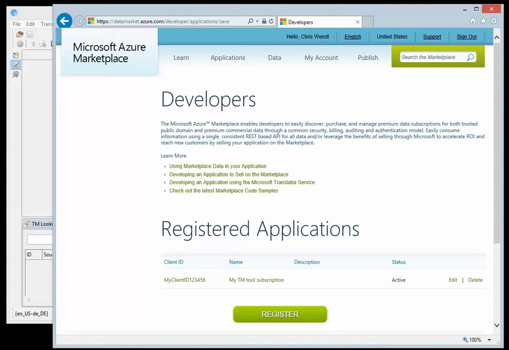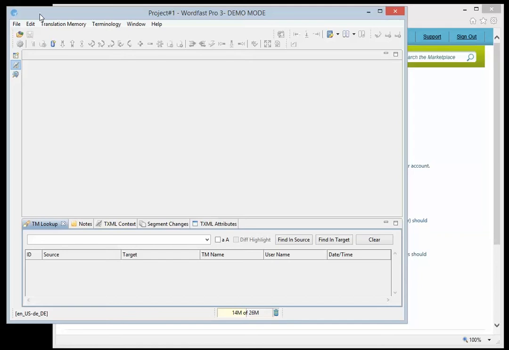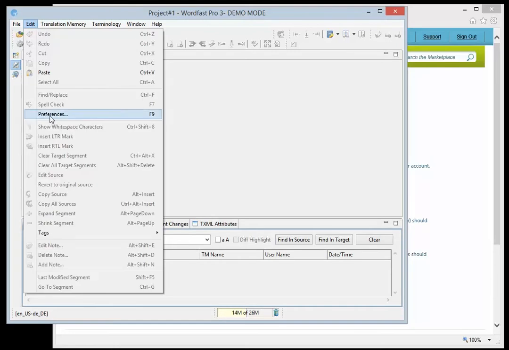You are now ready to copy your client ID and client secret into your TM tool. To do this, just click on your client ID. Then you see the whole thing that you just defined together. Select your client ID and copy it and paste it into the appropriate field in WordFast. The appropriate field in WordFast you find under Edit, Preferences,